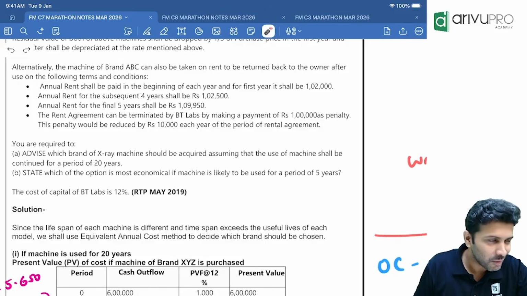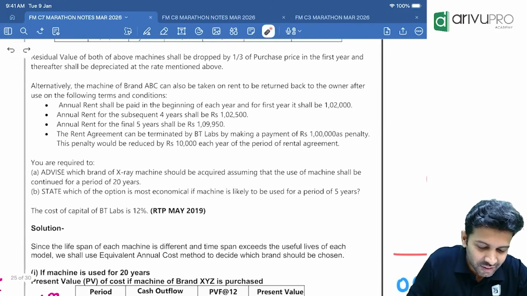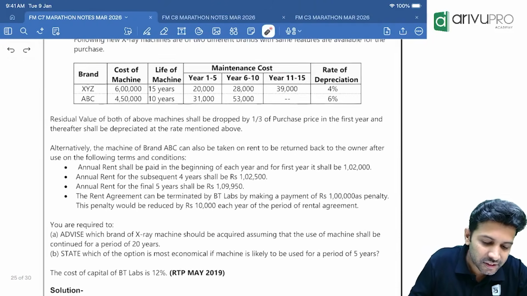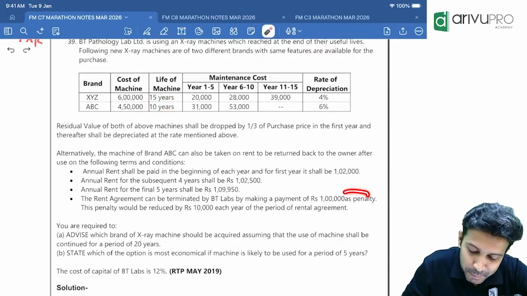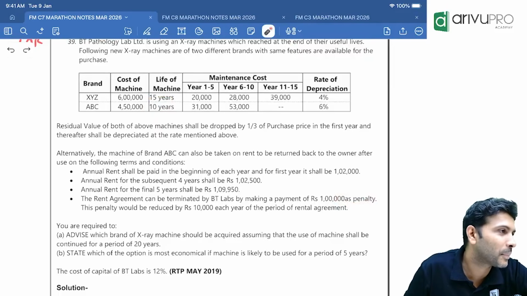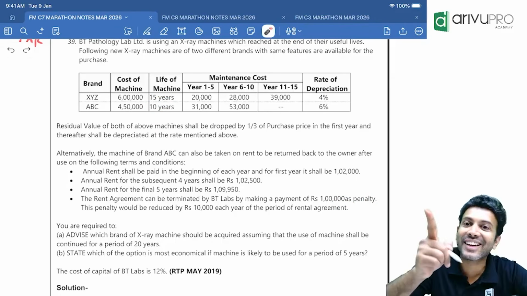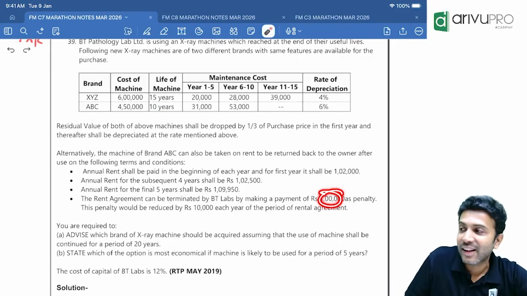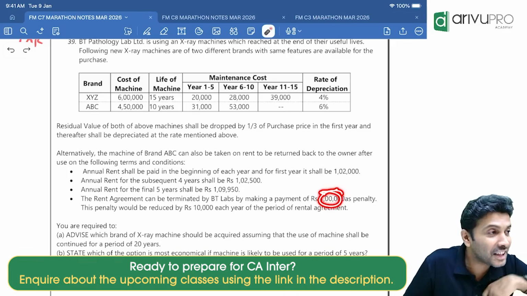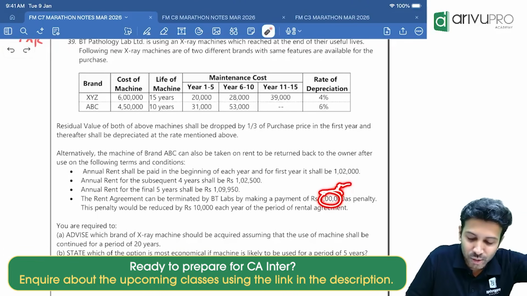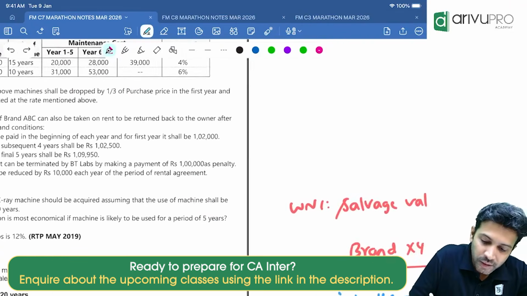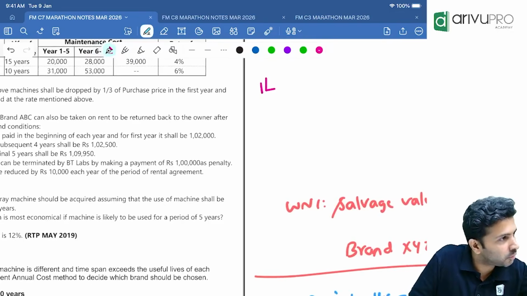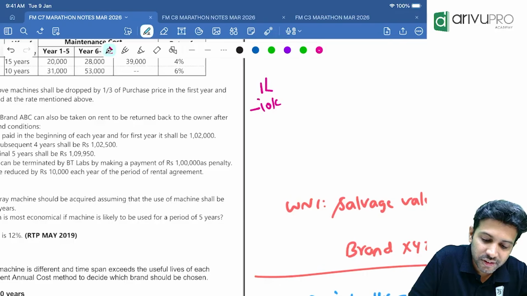Now, 1 minute. Wait. Lease option, you have to take it for 10 years. Before 10 years, if you cancel, there is a penalty. Don't forget the penalty. So in the next option, you will also get a penalty. How much is the penalty? 1 lakh. They didn't leave it at that. They said each year you use the asset, each year you continue the lease, the penalty will reduce by 10,000. So what is the penalty? Penalty will be 1 lakh, provided you cancel in the first year only. Did we cancel in the first year or the 5th year? That means we use the asset for how many years? 5 years. That means